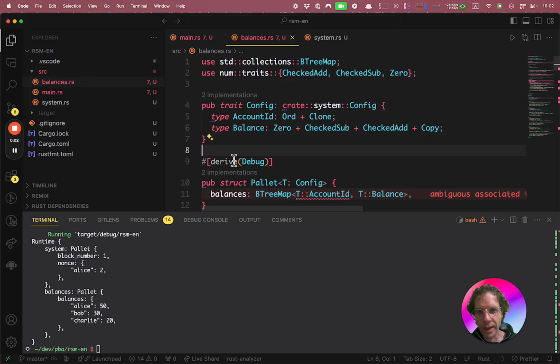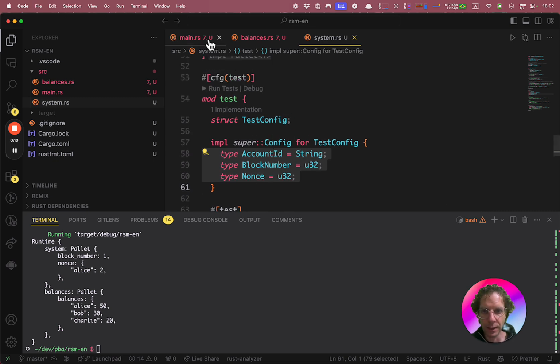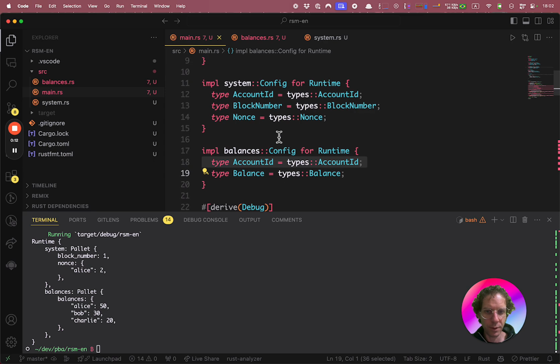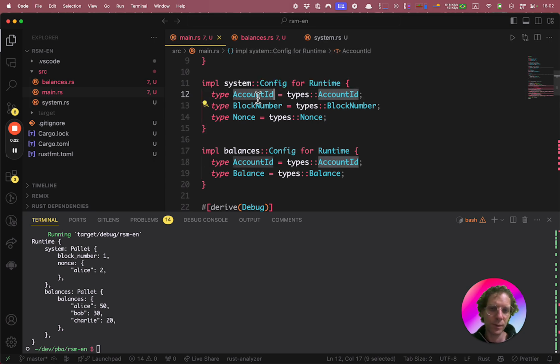Okay, so now we have implemented the configuration for both the balances and the system pallets. But if you take a look at the main file, you're going to see that there are some duplications because the account ID is defined on both configs. I want in some way to reuse a config